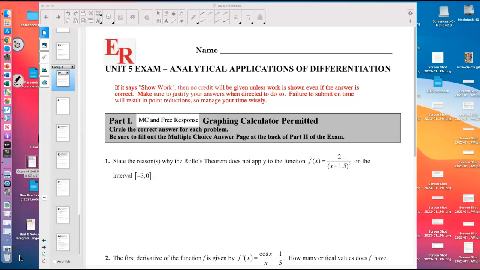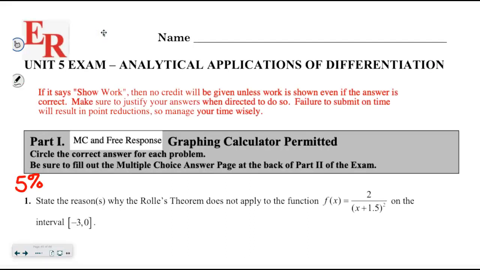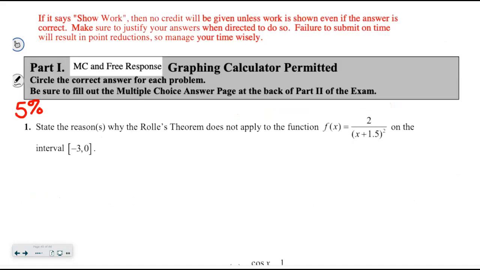This is to help you with your test corrections. Remember, you can get a maximum of 5% back, and it kind of depends on how well you not only fix your mistake, but describe what you did wrong. So I'm not going to put every single thing on here. I'll probably correct this to like a 3% and leave some stuff off, but for Rolle's theorem, there's 3 criteria,